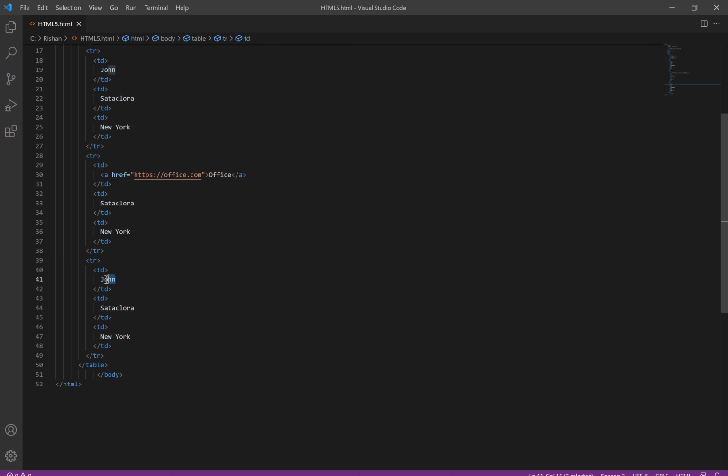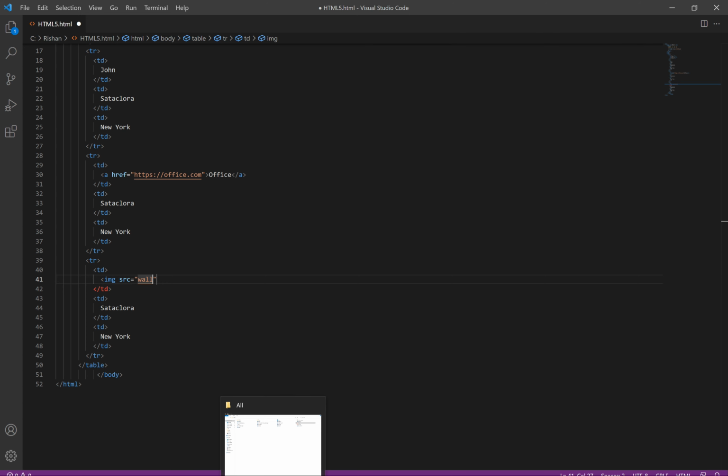We can also insert a picture as well. In the first line, I want to insert an image. For that, I'm typing img and then src equals, and I have some wallpapers in the same place. I'm trying to type wall, but I'm not able to get that information. So for that,